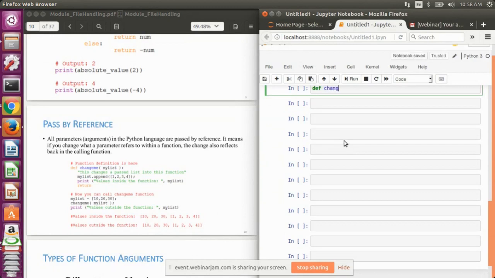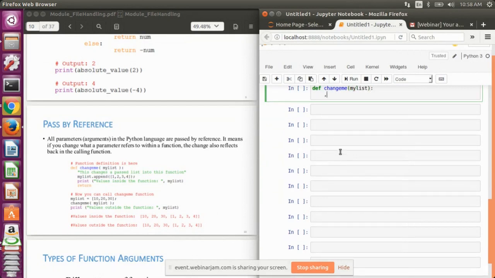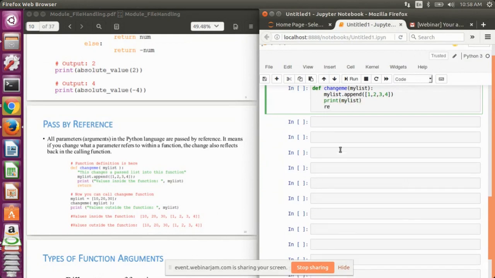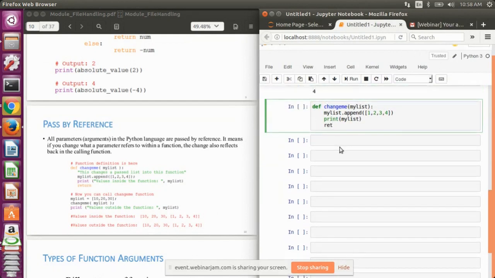So like if I write change me, same, I'm using the same definition. I'm passing my list as a variable, and I'm calling my list dot append, and suppose I append the same set of values, that is 1, 2, 3 and 4, and then I print my list, and let's return this thing, return my list.